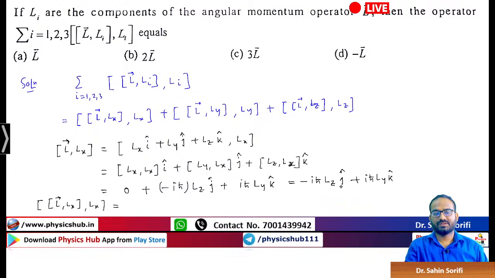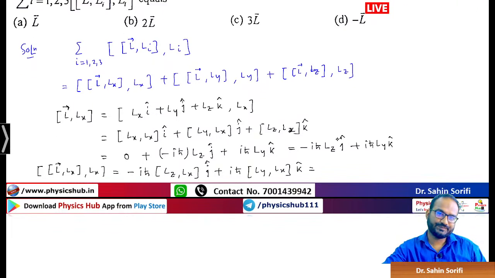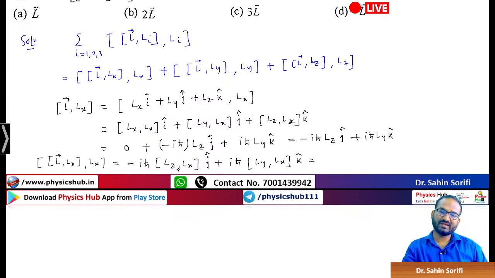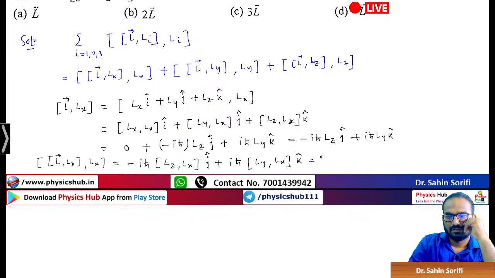So taking the commutator with this: minus i h cut Lz Lx j cap plus i h cut Ly Lx k cap, and this will give you how much? Lz Lx is i h cut Ly, so minus times plus, and h cut square